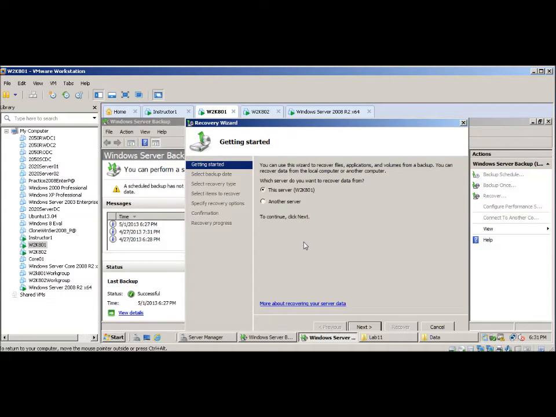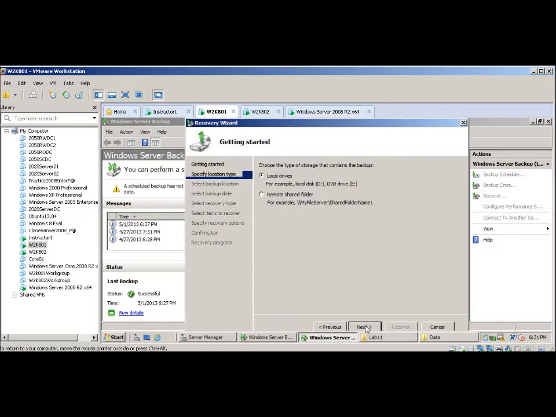Okay, and it'll bring up the wizard, and the first selection is where we want to recover the data from. This server, no, we want to select another server. We'll click Next, and we'll click Remote Shared Folder, and Next, and now it wants us to give it that folder name, and we named it